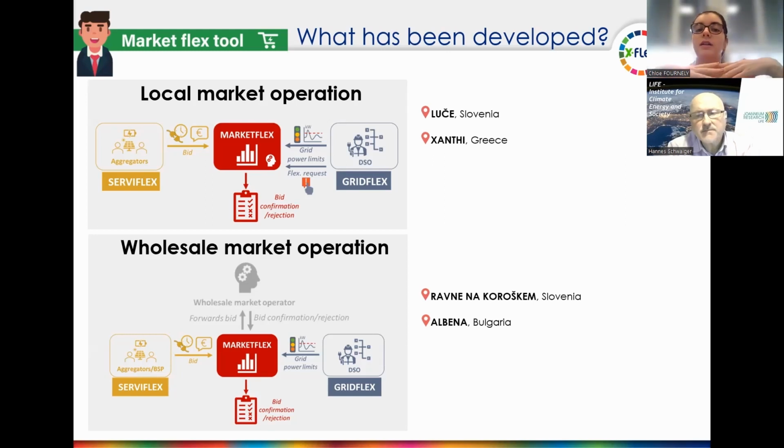So first, let's look at GridFlex. The DSO forecasts what will be happening in their grid with all the houses or all the different loads that are connected and non-controllable. They forecast it and they see how much capacity is available in the grid to be used by flexible, controllable units. These are the grid power limits. On top of this, they also give an indication through a traffic light signal, just one of three colors: green, yellow, or red.